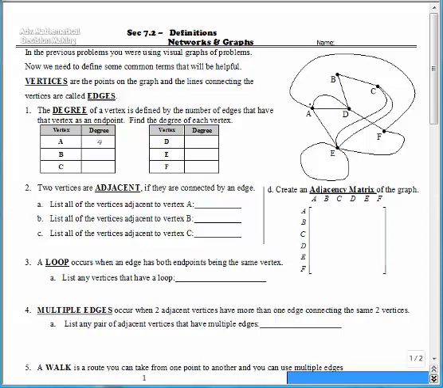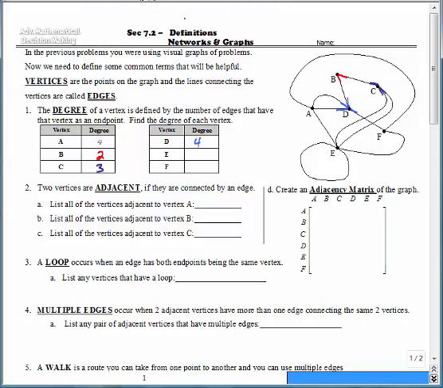edges. The degree of a vertex is defined by the number of edges that have the vertex as an endpoint. So for example, if we're trying to define A, if you look, there are 4 edges that come out of A or originate from A, so that's why the degree is 4, because there's 4 of them. If you look at B, B has 2 edges leaving, so that's 2. If you look at C, C has 3 edges that leave C, so the degree of C is 3. D, if I look carefully, it looks like 4 edges leaving, 1, 2, 3, 4, so the degree of D